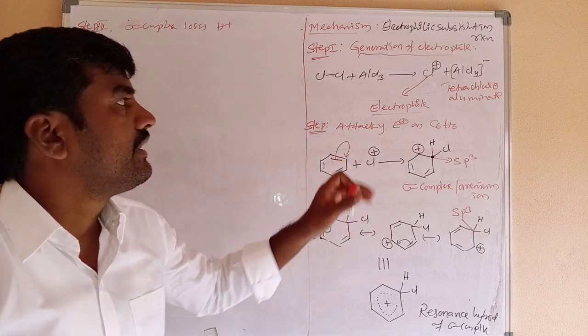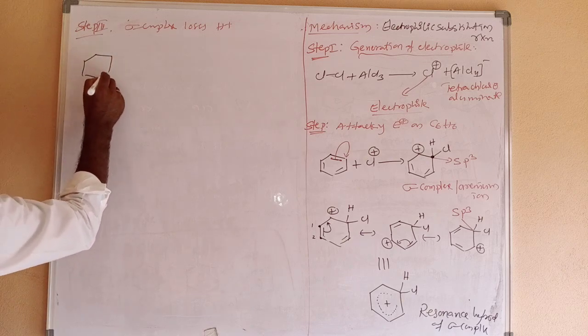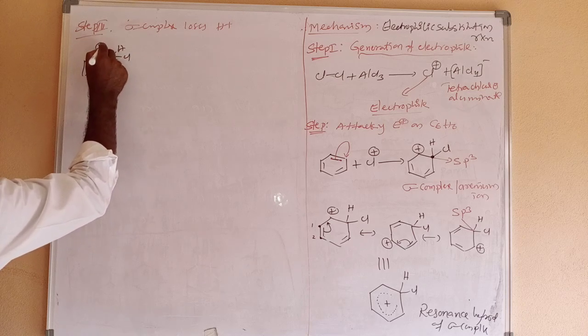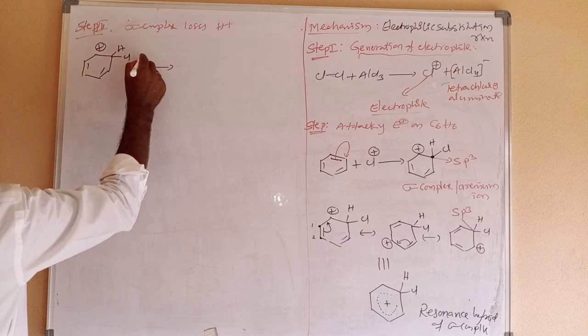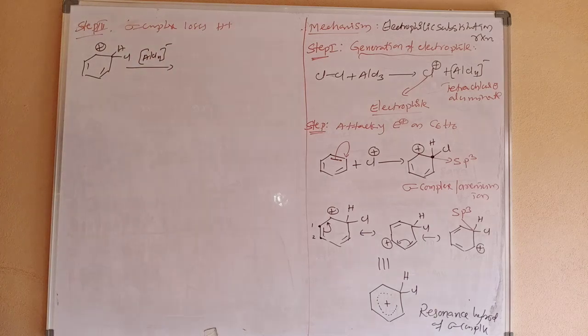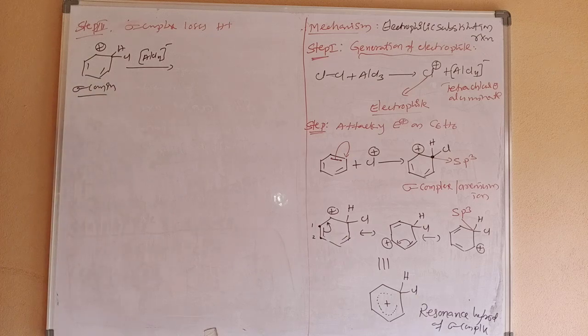It reacts with the tetrachloroaluminate. This is the sigma complex; in the sigma complex, hydrogen and chlorine both are there. Positive charge is there. Let us react it with the AlCl4 negative, tetrachloroaluminate. Now it is the sigma complex; the sigma complex, meaning the carbocation, loses